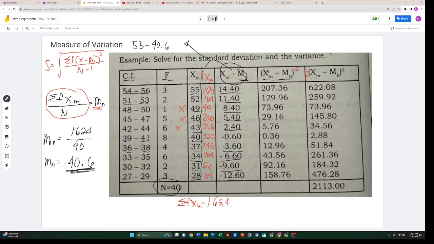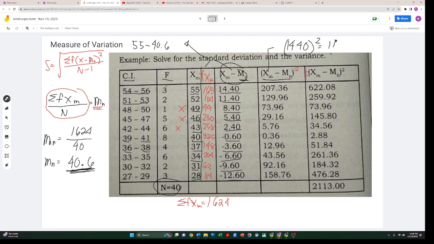Ang pagkuha ani niya kay, di ba, is 14.40 naman jud na siya no. Ang result ani is ibutang nimo na siya dire. Pero i-squared nimo na siya. Pasabot anang squared, i-times nimo ikaduwa. 14.40 times 14.40. Balik ka ha? 14.40 times 14.40, which is